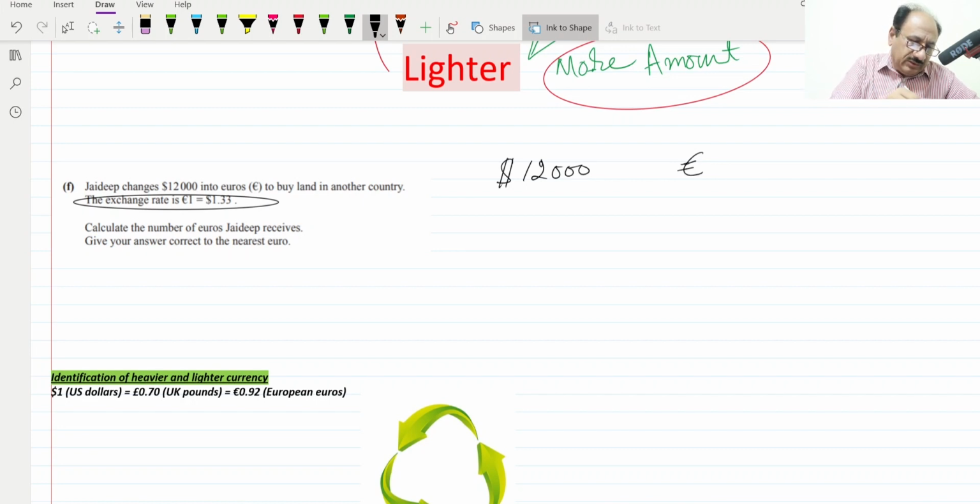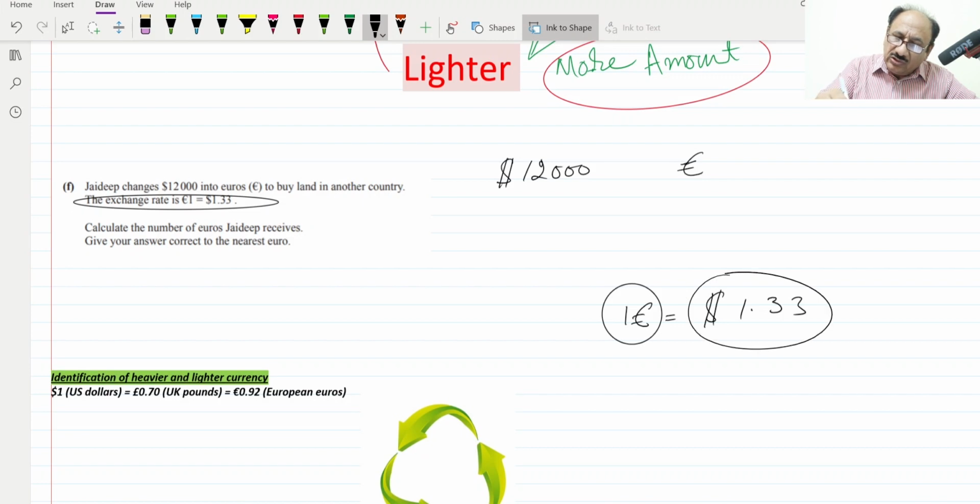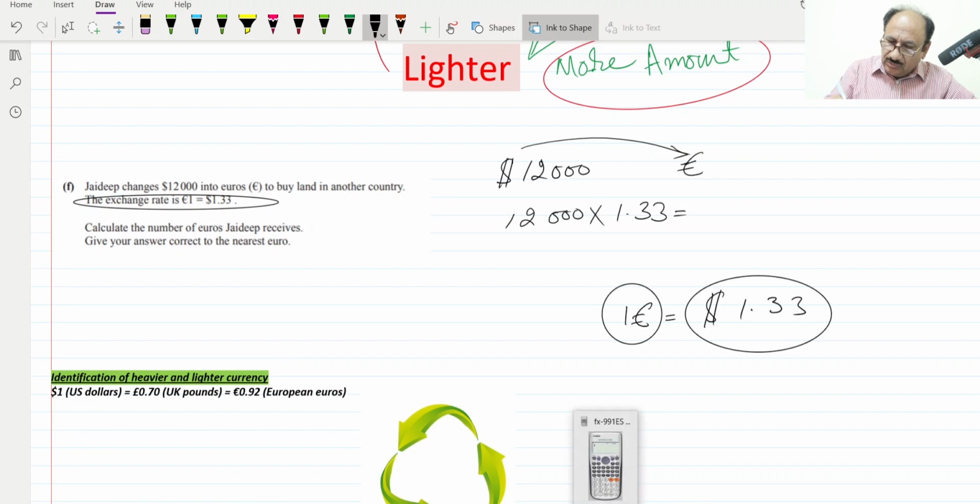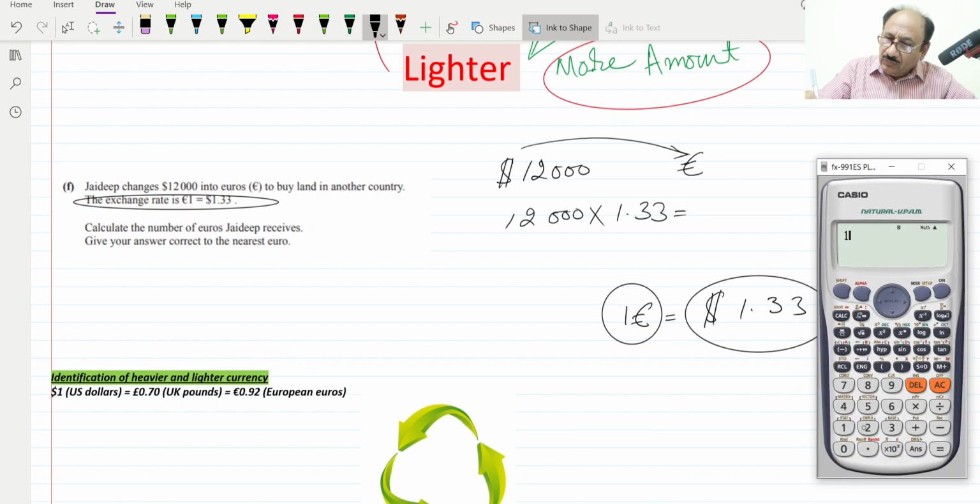To buy land in another country, the exchange rate is this one: 1 euro is equal to $1.33. So we identified that euro is the heavier currency, and we have this one as the lighter currency. So we have to convert dollars into euros. So if we take this one and multiply it with 1.33, what will this be equal to? If we check with the calculator, 12,000,